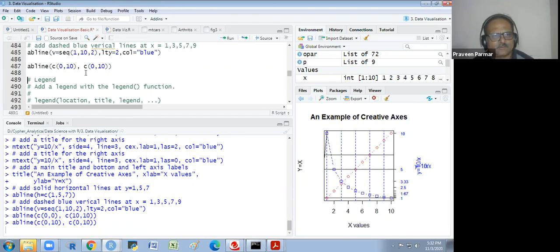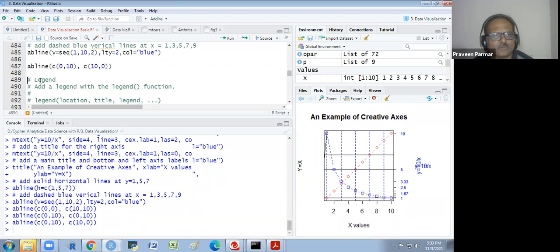Not working. Not getting it properly. Okay. So we are getting this line in one sequence.